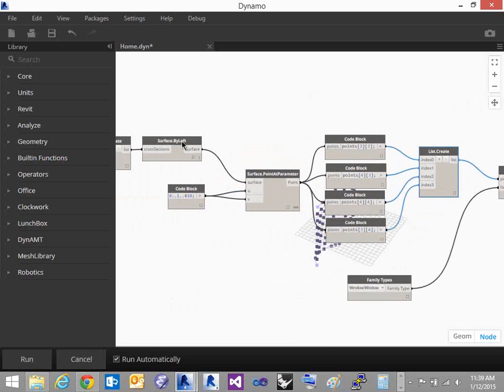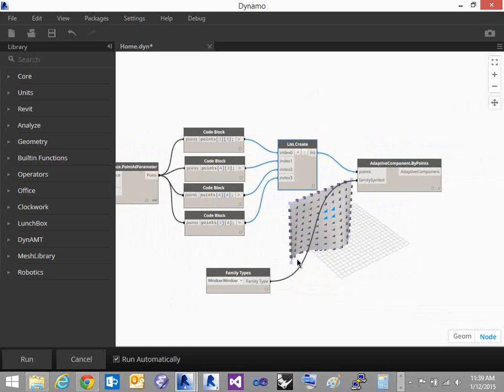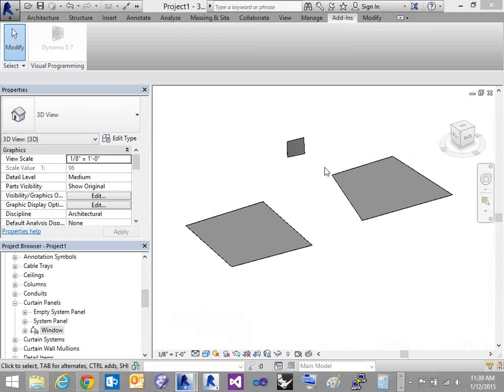Oh no, these are the points, but the surface doesn't exist in Revit, and for good reason. This is a surface of no thickness, so it couldn't actually exist, whereas everything in Revit is usually of a type, like a wall or a window, and it has category